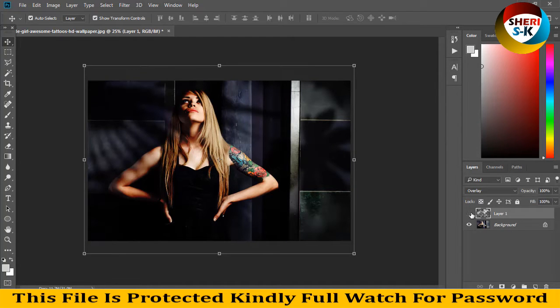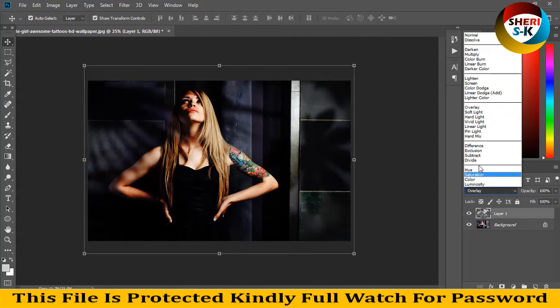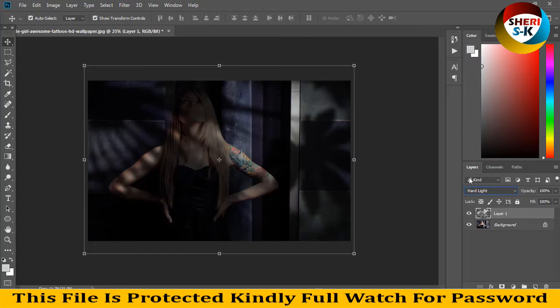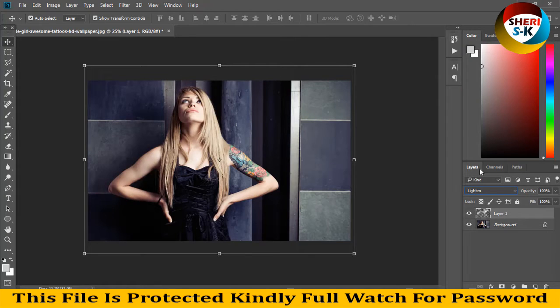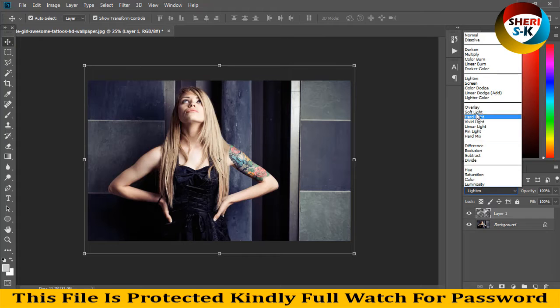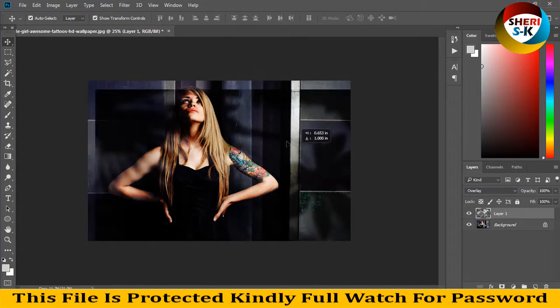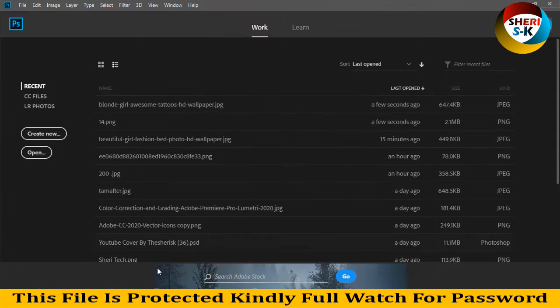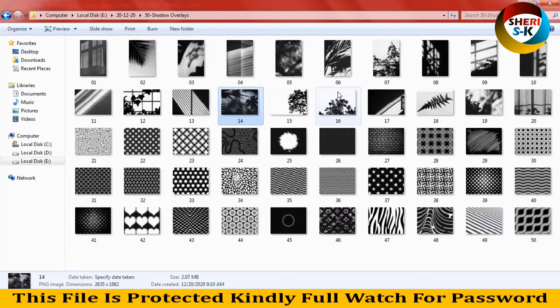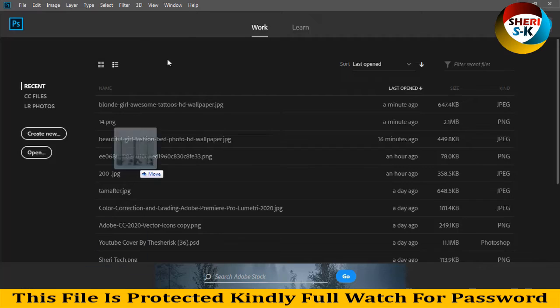Wow, you can change it more. So I change to Hard Light, Lighten. Overlay is better. Okay, I close this file and open other files. For example, drag this file into Photoshop